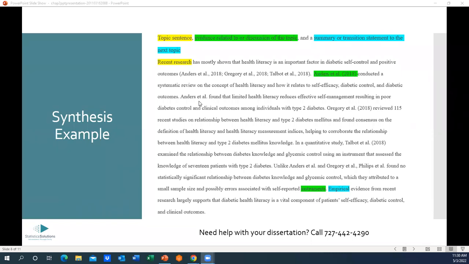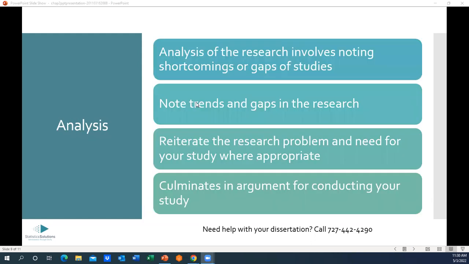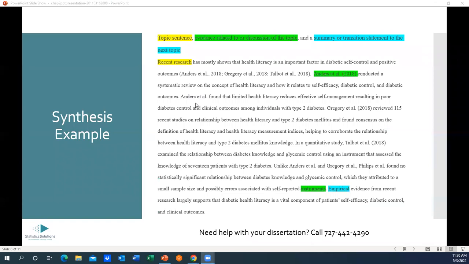So here's an example of a pretty well-structured paragraph that includes synthesis, and it includes a little bit of analysis, which I get to on the slide after this one, but I'm not going to read the whole paragraph to you, but I'll pick out points. So the yellow is the topic sentence, as you can see. The green material is the evidence that supports or illustrates the topic sentence, and the teal is the summary sentence. Okay, so if you read, I'll leave it up here for a few minutes. If you read it,